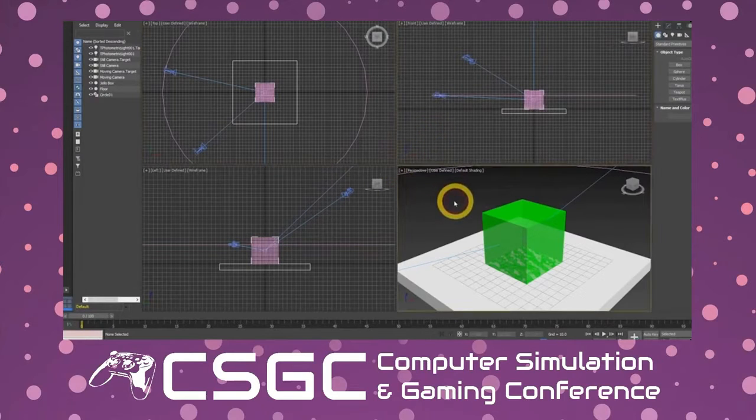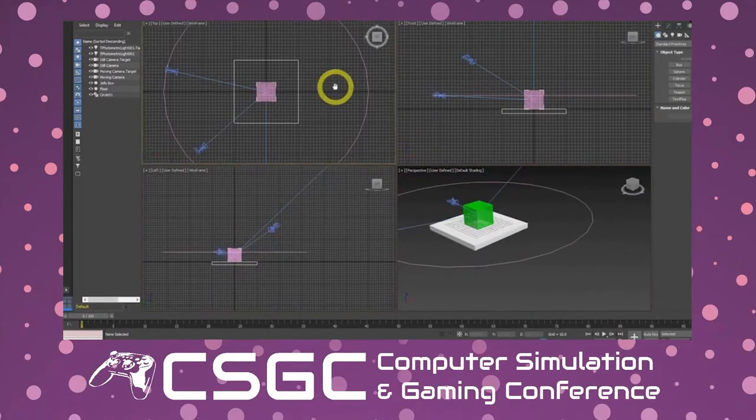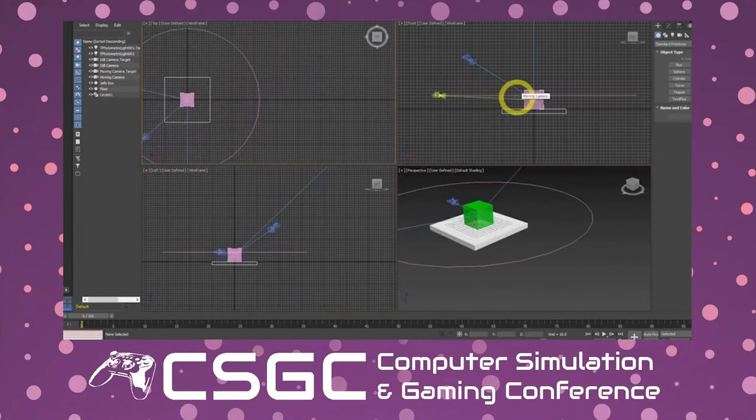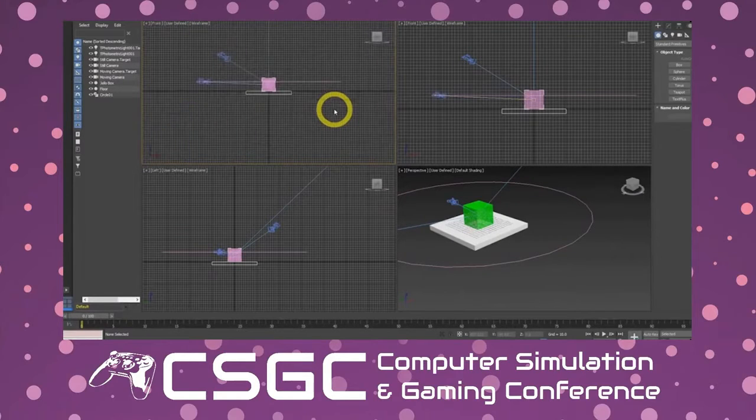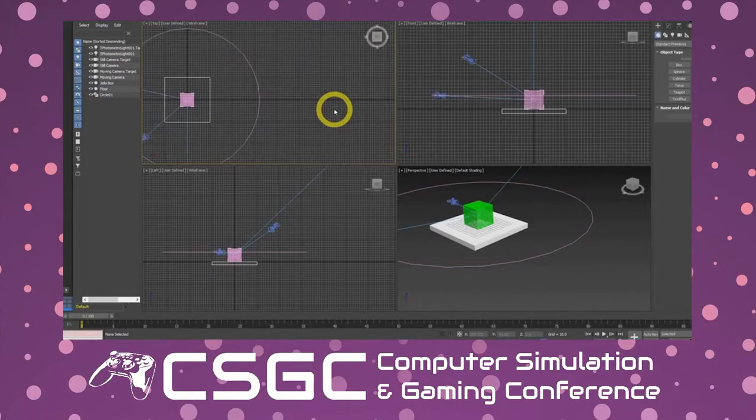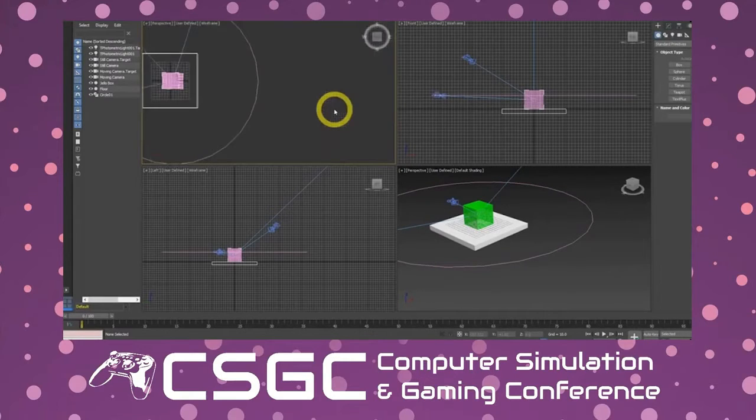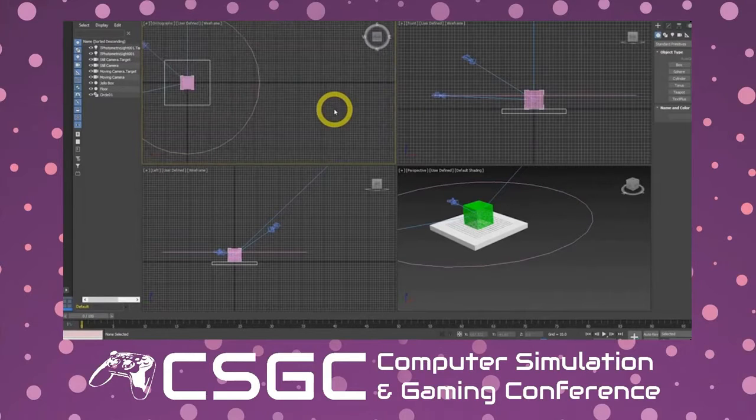And you'll notice that each viewport is independent of each other, so I can have them all at different angles and different views. If I ever need to change a viewport, say for example in this top viewport, I'd rather see the front viewport, I can hit the keyboard shortcuts. F for front, L for left, T for top, B for bottom, P for perspective, and then U for orthographic. So if I'm in some sort of weird perspective, I can hit U and it will find me the best orthographic view from that point. Again, I can go back to my default orthographic view, such as the top view here.